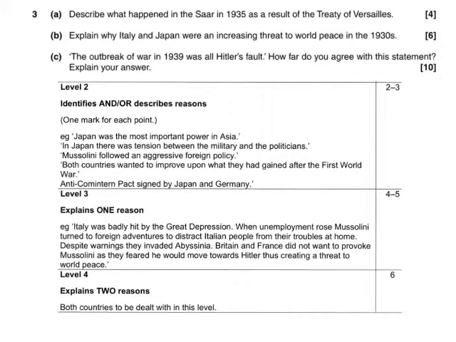Okay, in this case, you're really spoilt for choice because you explain why Italy and Japan were an increasing threat. You could just do one for each if you want. Notice that this reason here only deals with Italy. So my other reason could just pick one for Japan. For this question in particular, I don't need to be racking my brains for various reasons. There should at least be one for each that you can come up with.